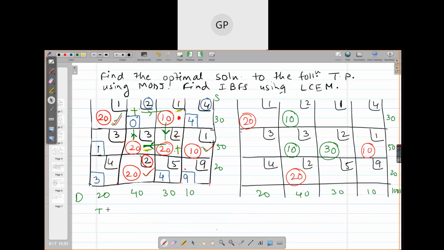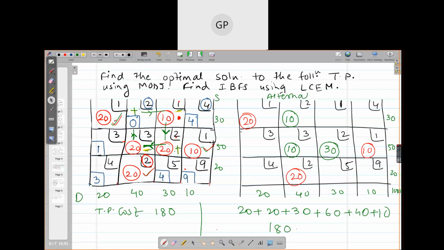And now we will calculate the transportation cost. Okay. Here the transportation cost was 180. Now let us see what is the transportation cost here. 20 plus 20 plus 30, sorry, plus 60 plus 40 plus 10, that was mine. So 40 plus 30, 70 plus 60 is 130. 130 plus 50 is 180. Do you understand it? Have you understood it, girls?